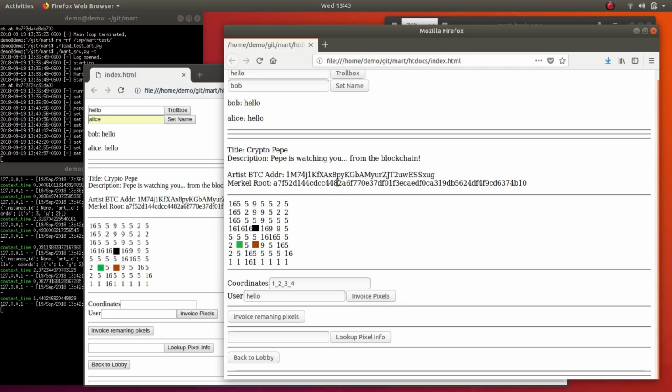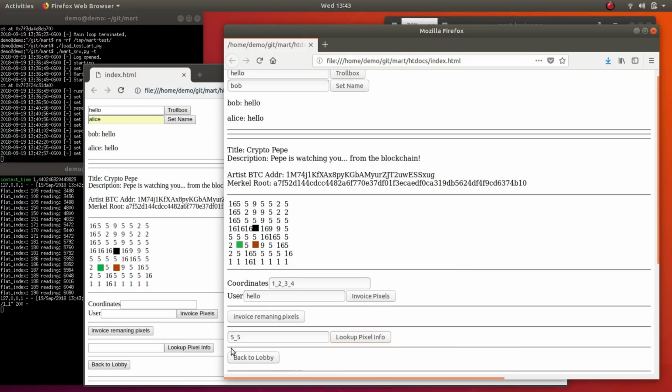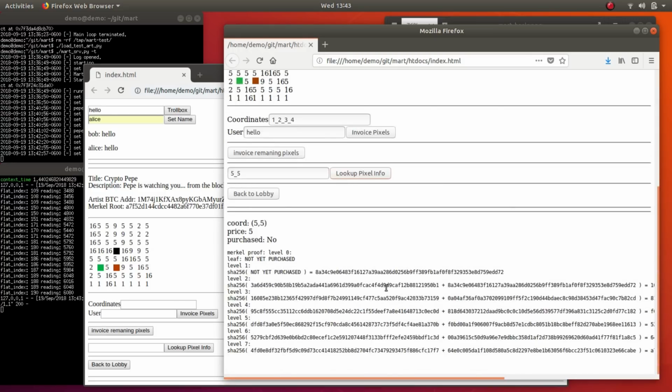Okay, so I'm going to go into this Merkle root thing. When the artist has submitted a piece of art, they've in fact committed to this being the piece of art that's for sale. What the purchaser might be interested in is whether they're getting authentic pixels when they're buying them. So for example, if we're going to check out an unbought pixel, I believe it's coordinate 5,5, one of those up here, I'm going to look up the info for coordinate 5,5. What it's going to show is a Merkle proof,